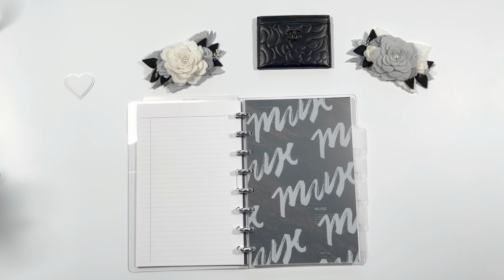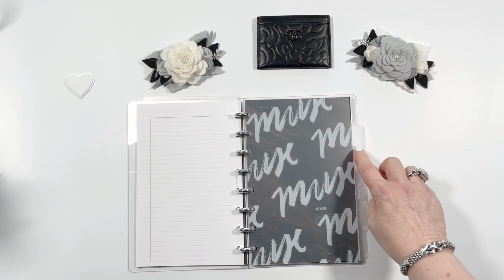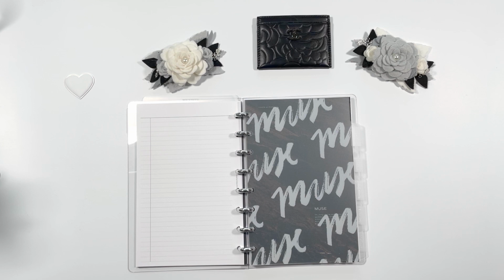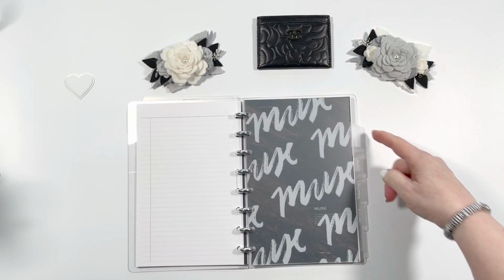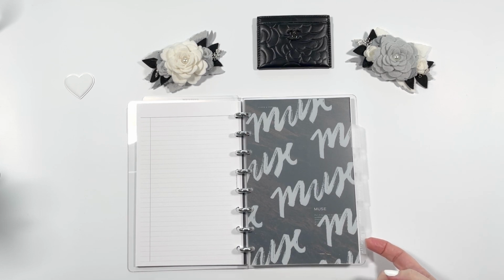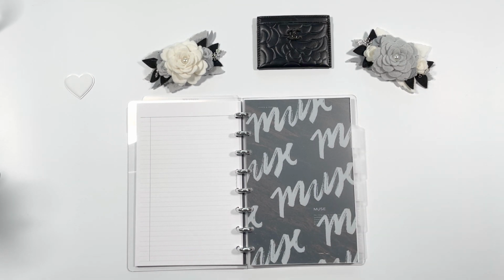And my rules are, when you're setting up a new planner, you use a page flag to label. And the reason for that is, once you've committed to a label, they don't come off very well. So if you realize that this section, which I thought was going to be in the second position, is the one I'm really hardly going to at all, I might want to move it to the back position. So if you use page flags, you can play around with that, and then when you're sure,